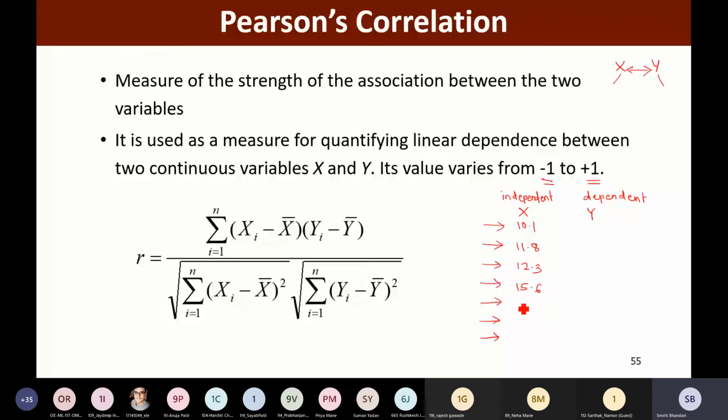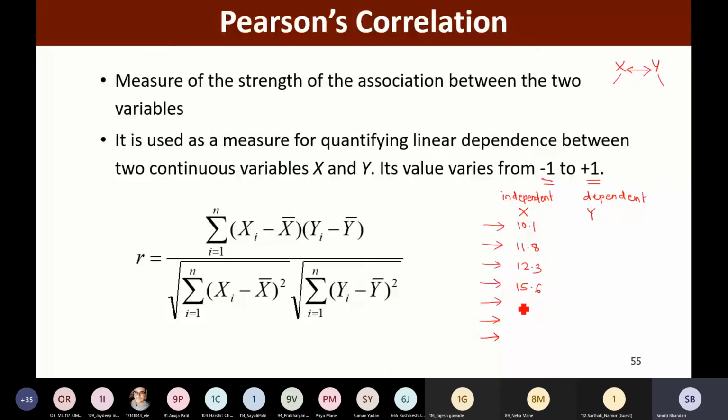These are the independent variable x. I have another continuous variable y with values like 2.38, 3.3, 6.2, 5.8, 3.6, 3.9, 4.2, something like that, right?